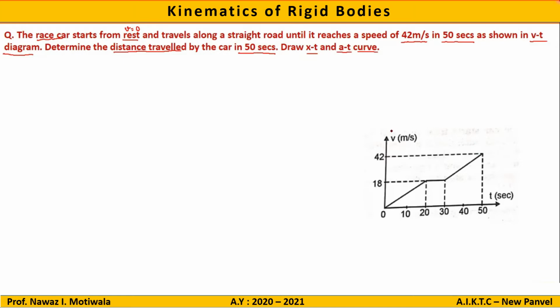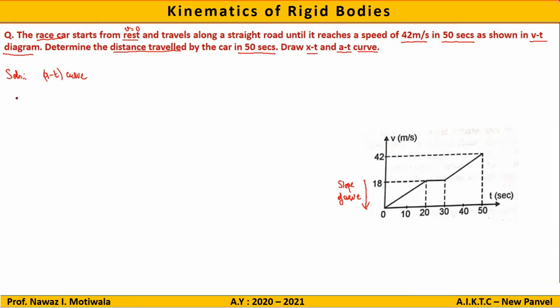So here we are given the vt curve for the car. Let us start with the at curve. We know that for the at curve we have to go downside, and for downside what we do, we take the slope of the curve. Let us start the solution. Solution for the at curve.